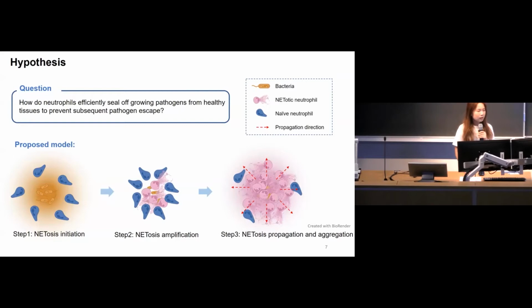So the first step here is netosis initiation. It has been proved in experiments in vivo that pathogens at the site of infection can trigger netosis of the early arriving neutrophils. Then how about the late arriving neutrophils? These neutrophils cannot get direct contact with pathogens like the early arrived neutrophils. So how do they function? We think probably the early arriving neutrophils, the ones that have been activated by the pathogens, could release signals to nearby neutrophils. So the netosis could propagate from the center of the site of damage to form a large NET area, which could efficiently trap and kill pathogens.